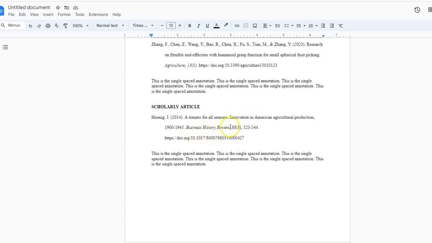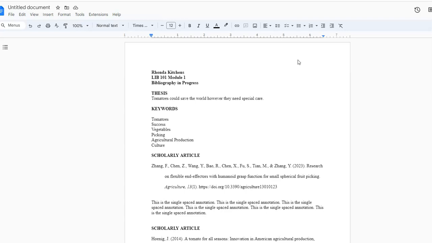Business history review and 88 are italicized. That is correct. We have beginning and ending page numbers. Our issue number is in parentheses. This is beautiful. We're using our DOI. So this looks pretty fantastic, and that's how you would put together the very basic format that I'm using for